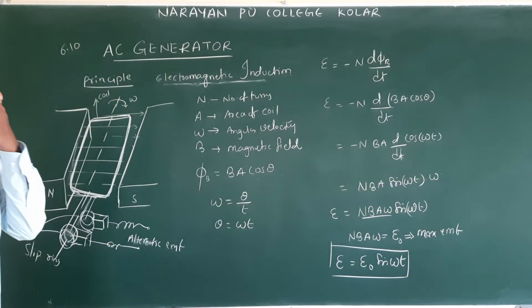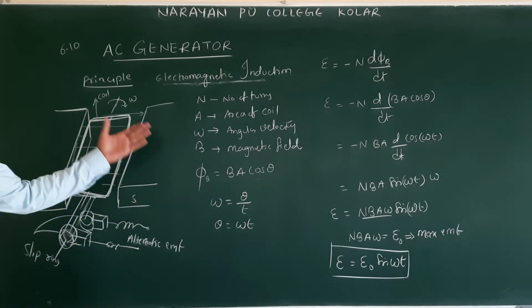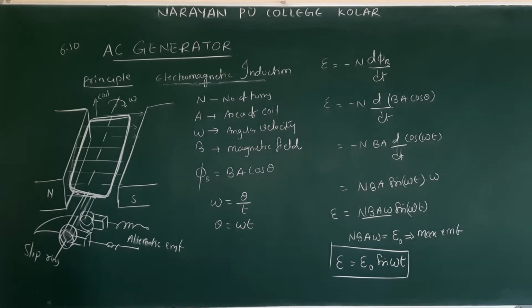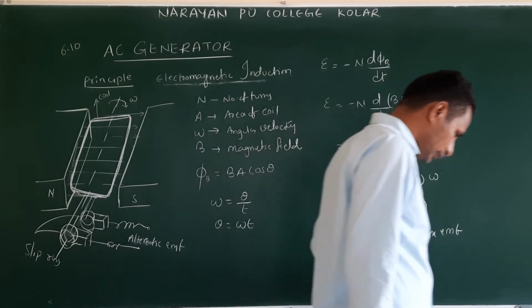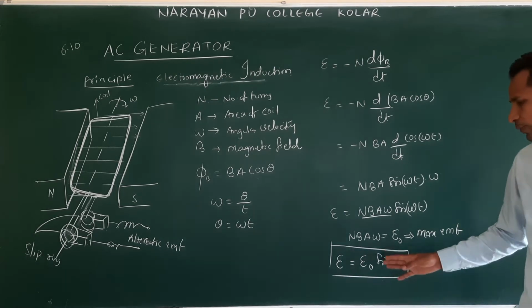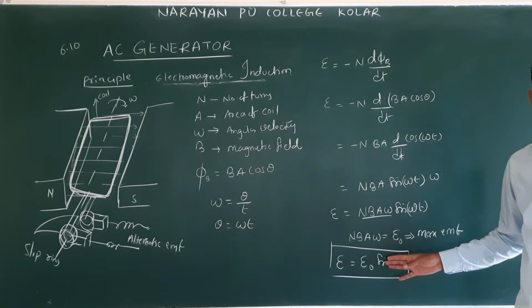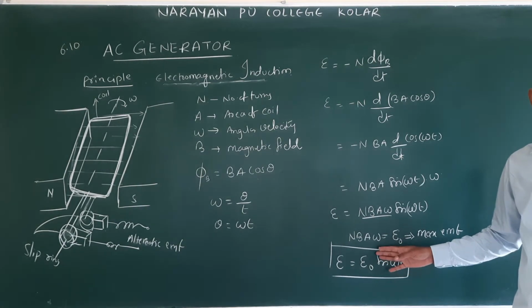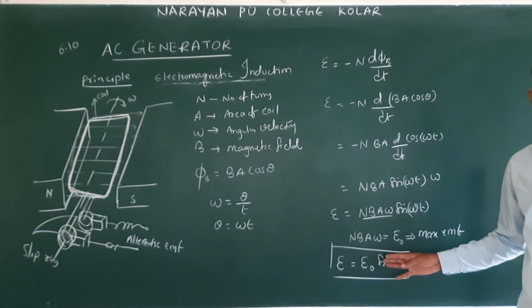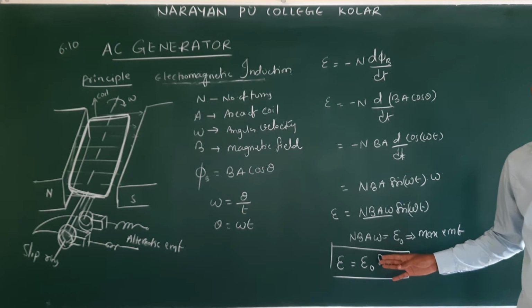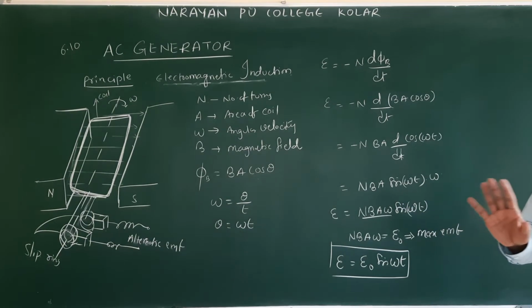Understand? So we do expect this for 5 marks: explain the AC generator. Already detailed notes I have given in the PU material. And we do expect a question on this formula: find the maximum EMF. Before last year they asked a question on this in the PU board final examination, but they gave insufficient data. They gave grace marks, 5 marks. Who attempted, who did not attempt, for them they did not give.